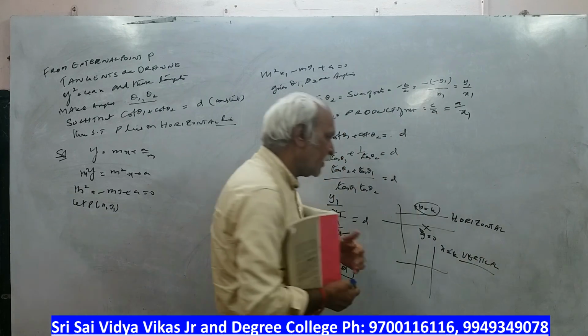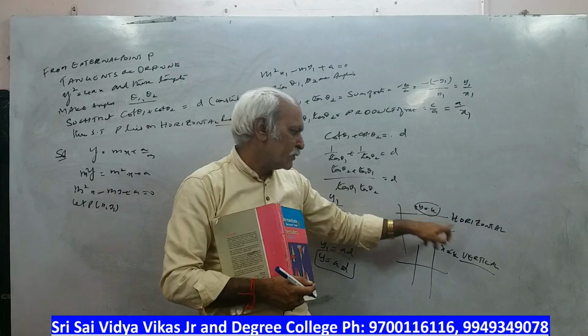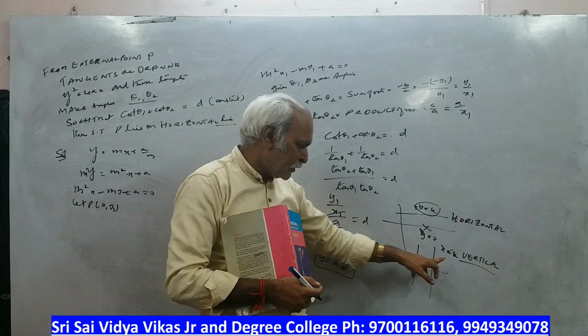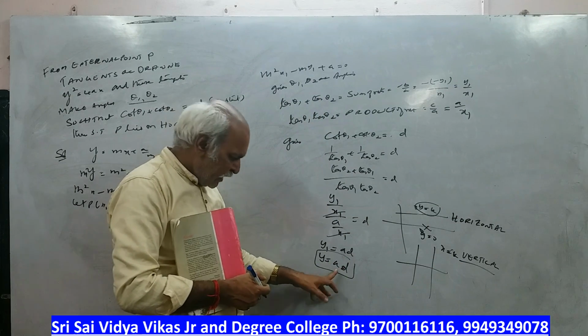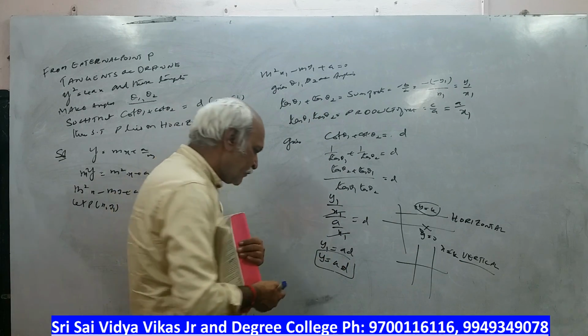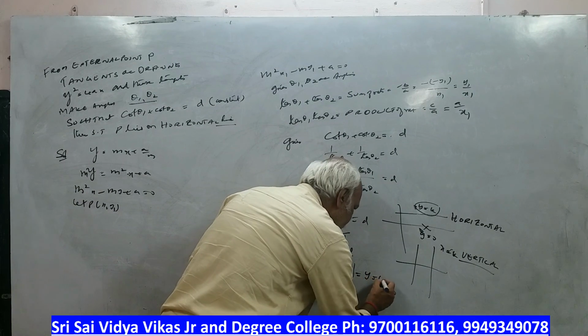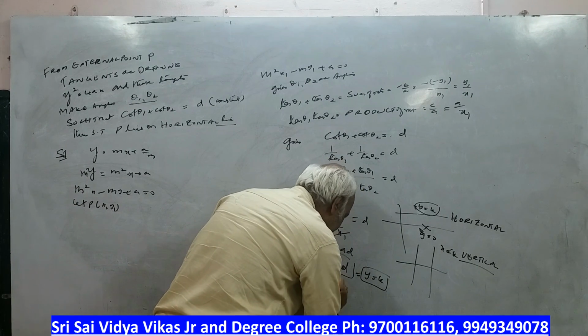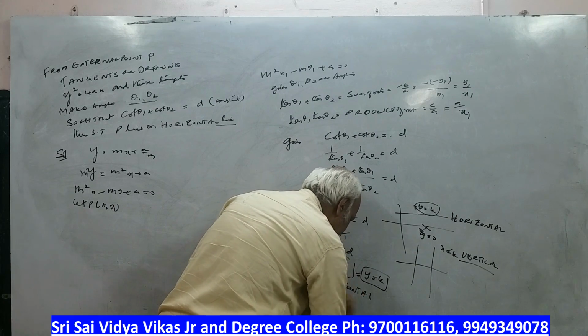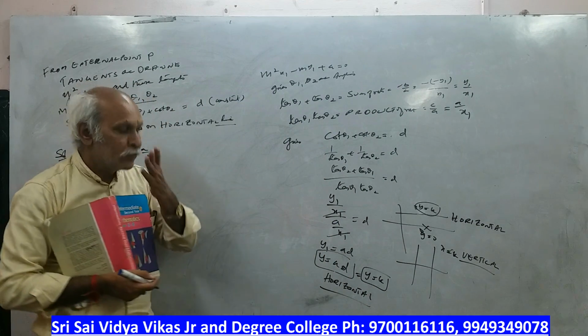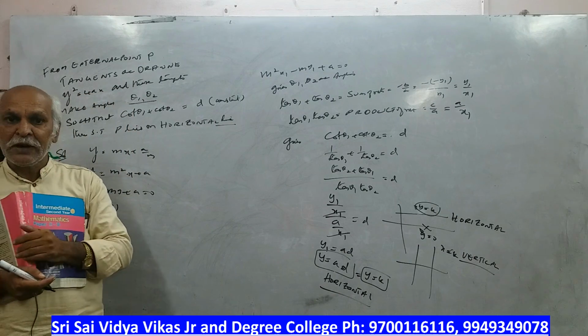You have to remember this concept. Anybody writing competitive exams has to remember: horizontal is y is equal to k, the x-axis is y is equal to 0, and a vertical line is x is equal to k. Here also what we got is y is equal to ad. A is a constant, d is a constant. Therefore, y is equal to a constant, which is a horizontal line.